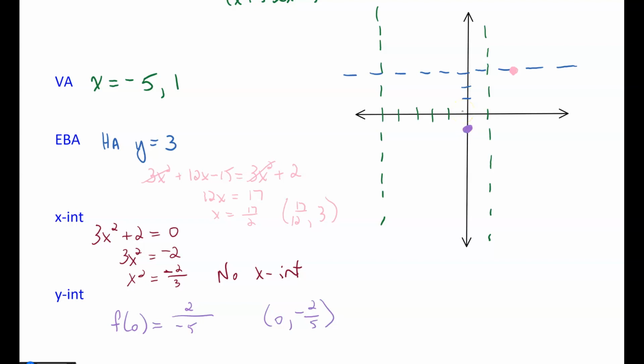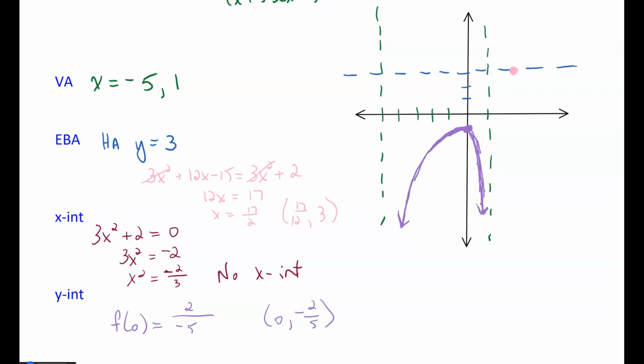All right, so this is similar to the one we did earlier when we had 2 vertical asymptotes. So a couple things here. In between my 2 vertical asymptotes, we know we don't cross, but we also know that we don't have an x-intercept. So without an x-intercept, there is no way for this graph to go up and touch the x-axis. So again, I don't know exactly where this turns. You can put this into Desmos or something to see, but there's only one direction for this graph to go, and that is downward. So we're going down there